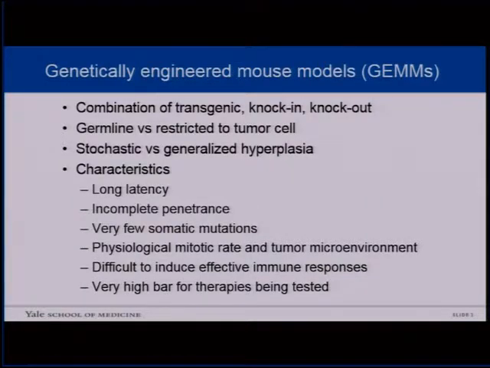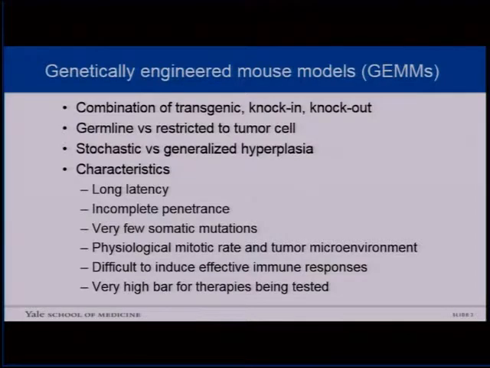You can have models where you have a hit that happens sort of randomly in a subset of cells, and then you have normal versus cells that have genetic changes, which helps as a pathologist and as a biologist to determine what the effect of those changes are. Sometimes they're on in every cell, and it's a little bit harder, but not impossible to tell those changes as well. So some of the things that are nice about this is it's very physiological context, but the problems are